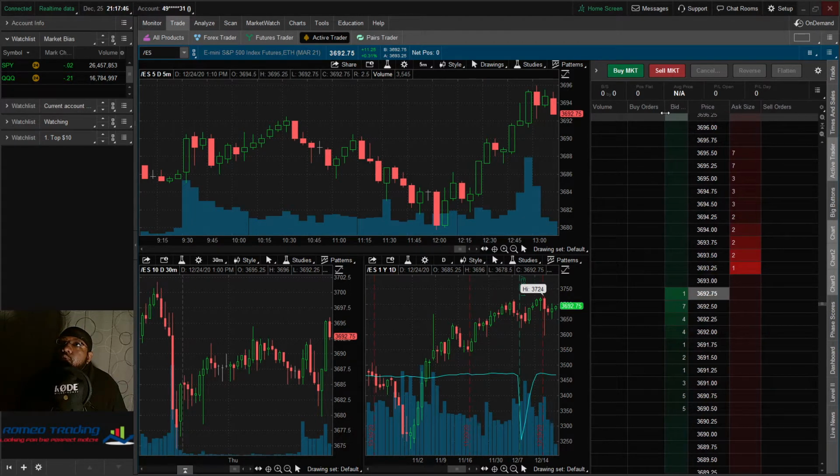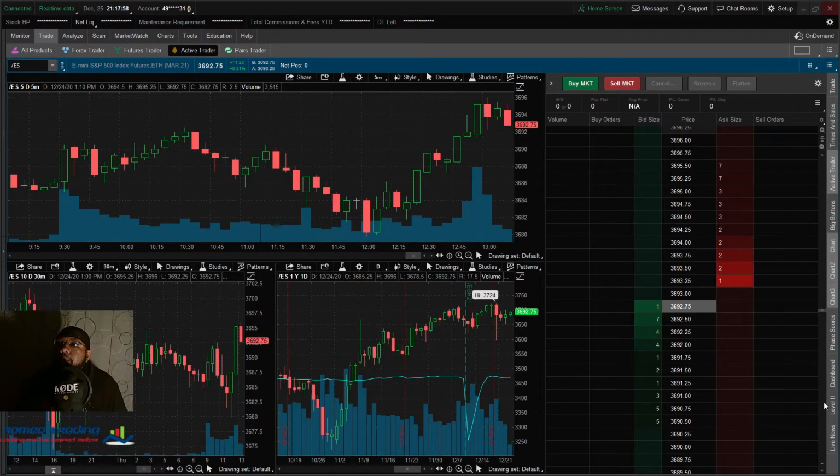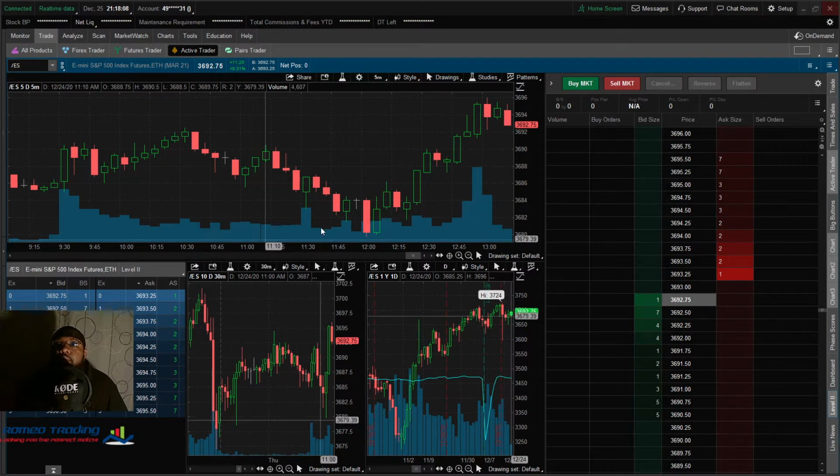Widen this out real quick. You guys can see everything. But yeah, it just gives you a different perception of depth when it comes to your price action. It also has the basic level 2 as well, which is over here. So this is the minis, the S&P 500 minis. So you get your depth here as well. So you can kind of see